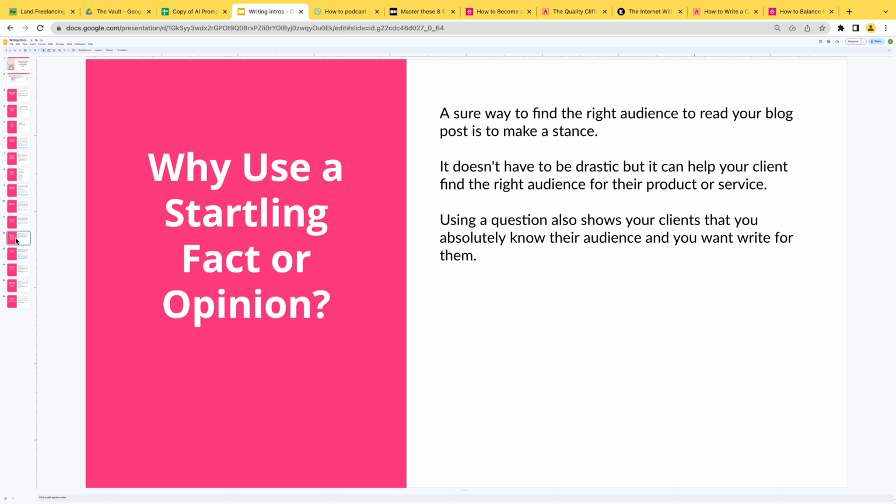So using a question also shows your client that you absolutely know their audience and you want to write for them. If you fundamentally understand your client's audience, then you can write this type of content that could help elevate the brand's message, for example, right? If they're an AI tool, then you can focus on that polarizing view of AI is ruining jobs or whatever. And you can have this polarizing opinion about it and talk about how it's going to create double, triple more jobs instead kind of thing. If you start your content pieces like that, it will get the right readers to read